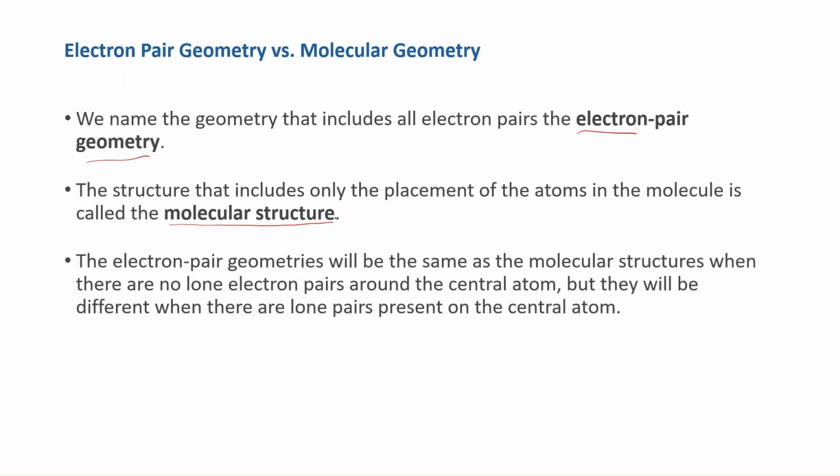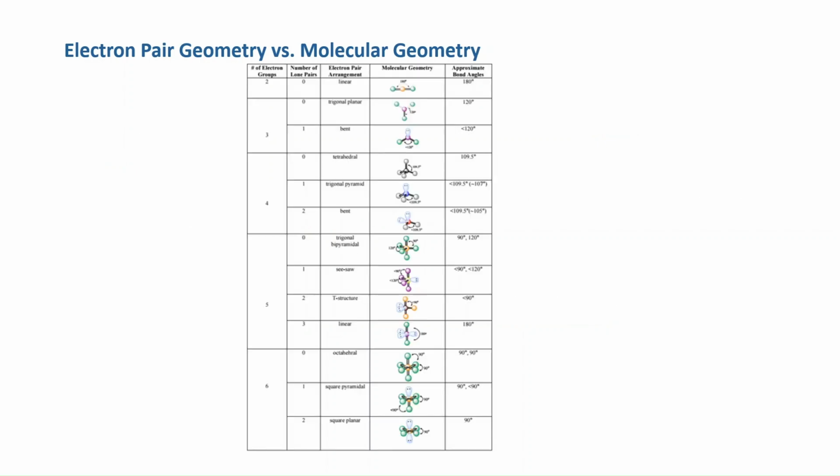Sometimes the electron geometry and molecular geometry, let me just call it geometry because that's what I'm going to be referring to most of the time. Sometimes the two geometries are the same, but sometimes they're not. Whenever you have lone pairs on the central atom, the electron geometry is going to be different from the molecular geometry. And that's where you're going to have to choose between memorizing all the possibilities or using a piece of scratch paper and pencil and figuring it out. So, yes, you have this table.